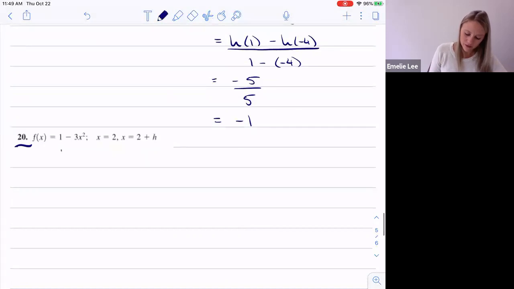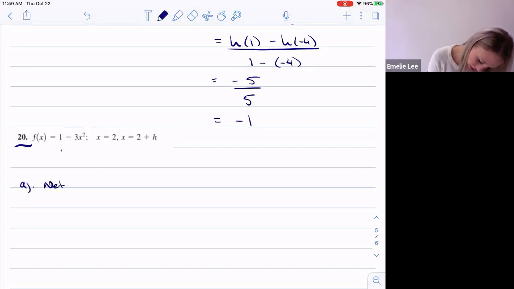Okay, so I've got my function, y equals 1 minus 3x squared, and x is 2 and x equals 2 plus h, right? And so here, my a is 2 and my b is 2 plus h. My net change here is going to be this function evaluated at 2 plus h minus this function evaluated at 2. So part A, the net change